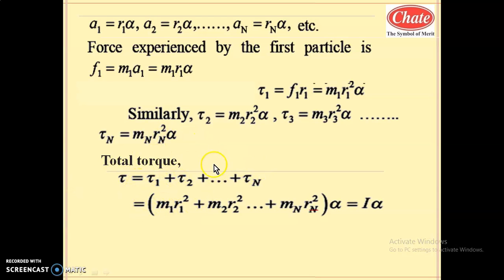to I alpha. So for angular acceleration in rotational dynamics or a rotating body, in each problem you have to come across this equation tau equal to I alpha. I will once again repeat my sentence. While dealing with the problems of rotation, whenever there is a linear acceleration or angular acceleration, you might come across this equation tau equal to I alpha. So tau equal to I alpha is a very famous and very important equation while solving the problems and the MCQs in rotational dynamics.